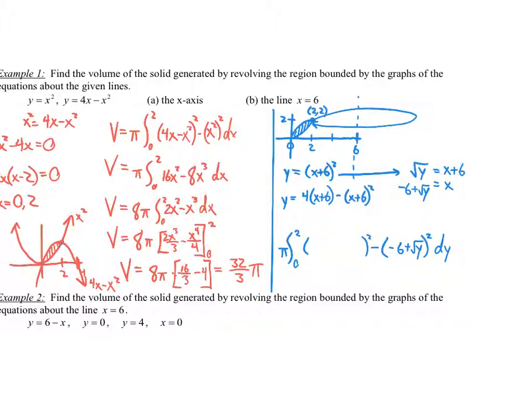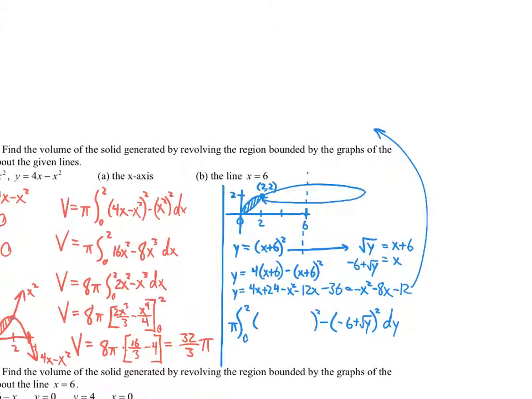Okay, so let's do that. We've got y equals 4x plus 24 minus an x squared minus a 12x minus a 36. Okay, so that's going to be a negative x squared minus 8x and a minus 12. Okay? So let's go up here so we have some more room. So if I have y equals that,